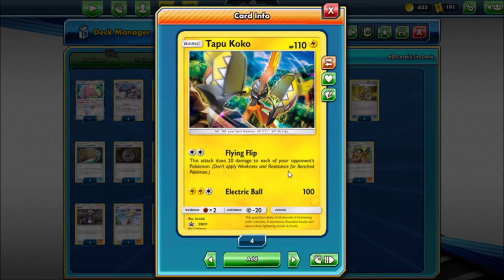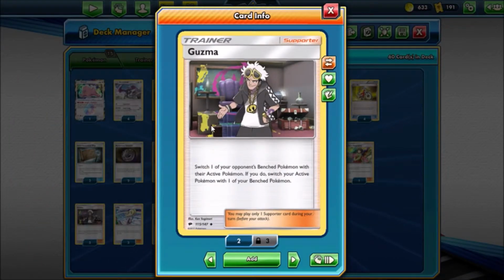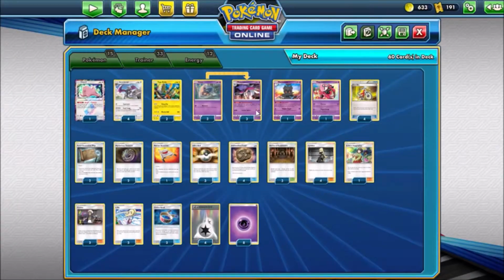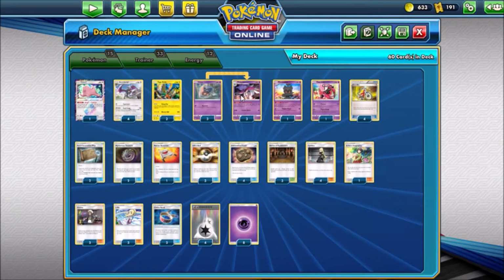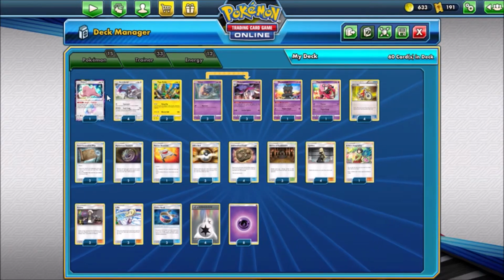That free retreat is just going to help you have a little more smoothness whenever it comes to playing. The same goes for Guzma. I mean, you're able to bring something up off the bench and do 180 plus to it, depending if you have a Choice Band or not. That and you can just Psychic Recharge an Aerodactyl on the bench and just bring something up, which is really nice. So we have a 3-3 line of Malamar, a 4-4 line of Aerodactyl, and then of course we have